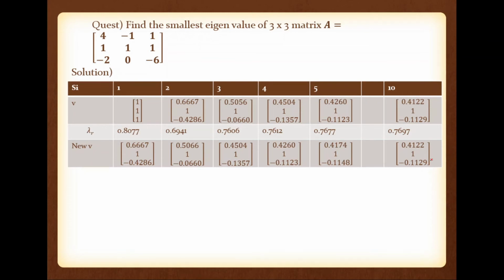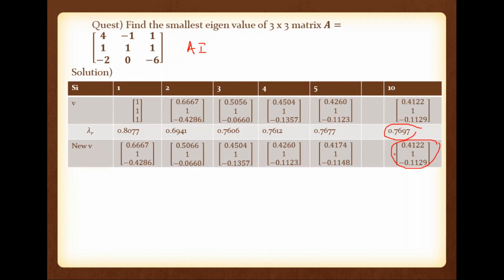the normalized vector are the same. This means this one is the eigenvector and this one is the largest eigenvalue of A inverse. Not A. We are multiplying the initial vector with A inverse, not A. Repeatedly I said, post multiply with this one, not with A. So multiplying with A inverse, this initial vector will give this largest value and this new vector, and we continue this. So after the 10th iteration, multiplying this A inverse with 0.4122, 1, minus 0.1129, we have 0.7697, that one is the largest